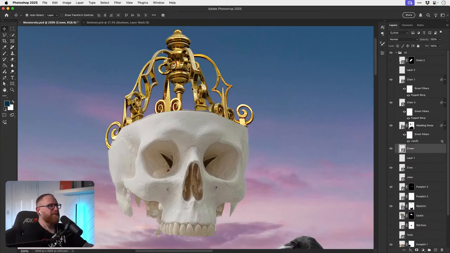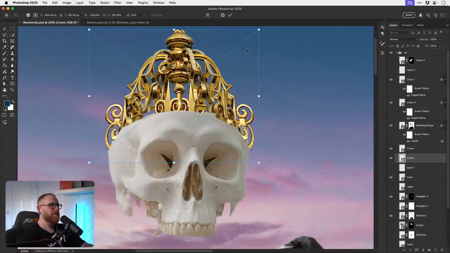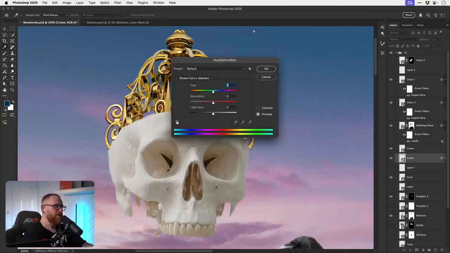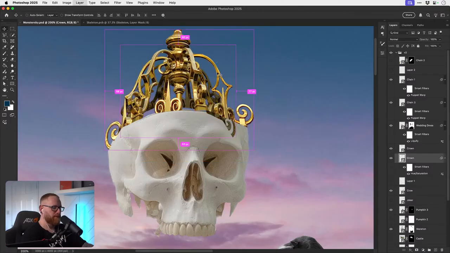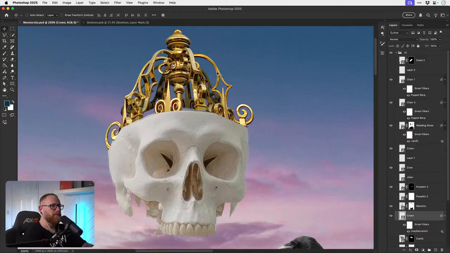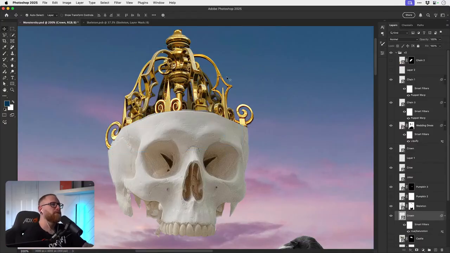And then, because it's a crown, to make it look like there's something on the other side. I don't know if this is going to work or not. Let's just try this. Do you know what I mean?